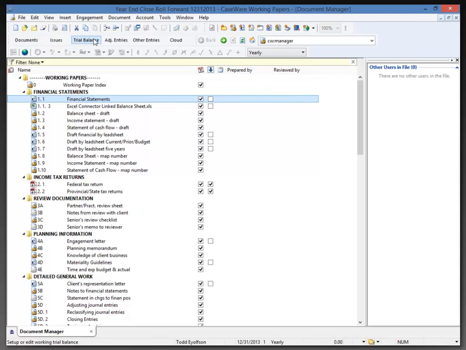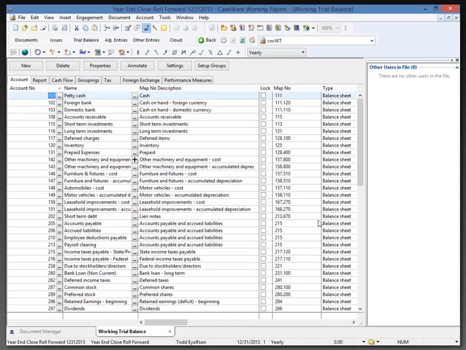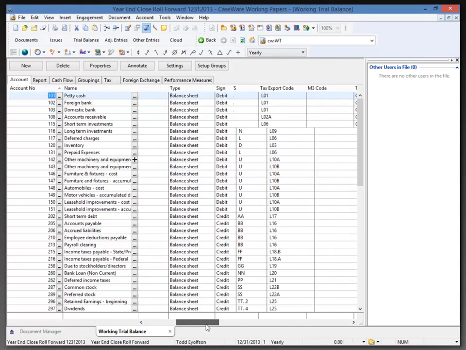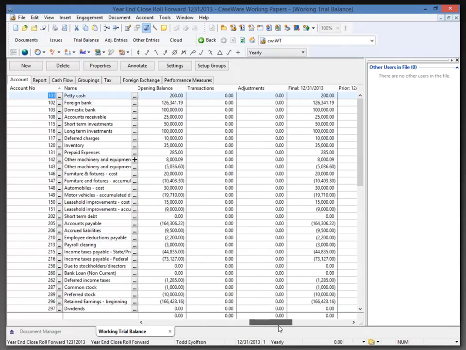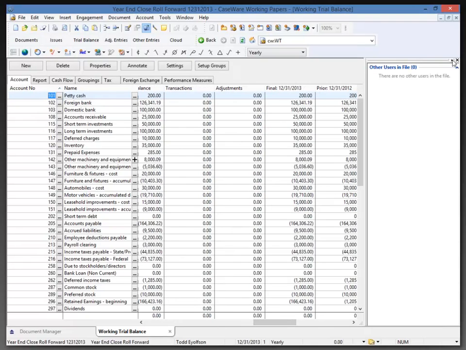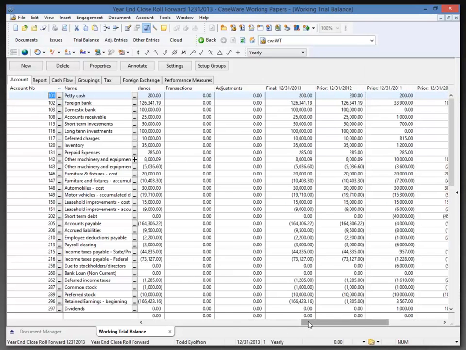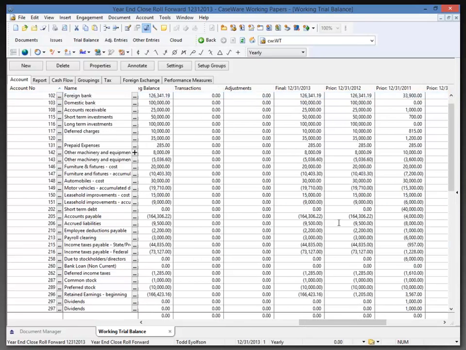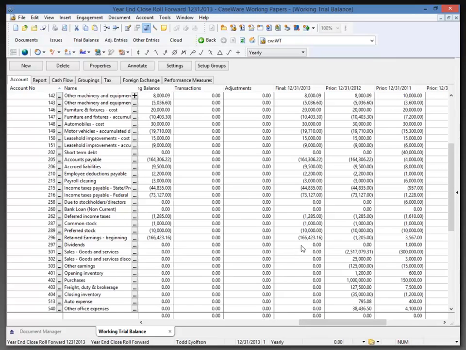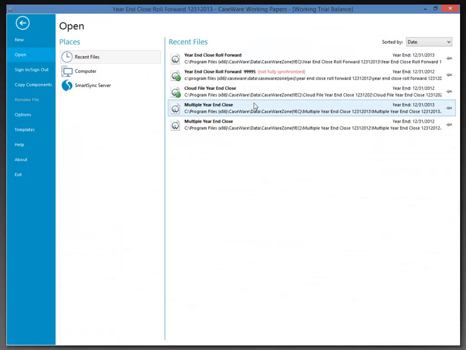Now let's have a look at the trial balance quickly, and note the opening balances for my accounts. My opening balances do compare to my prior year 2012 closing balances at the moment until we get down into the P&L, where we see everything's been closed out to my retained earnings account. I have a balance of $166,423 in my retained earnings account, but let's say we have to go back into last year's file